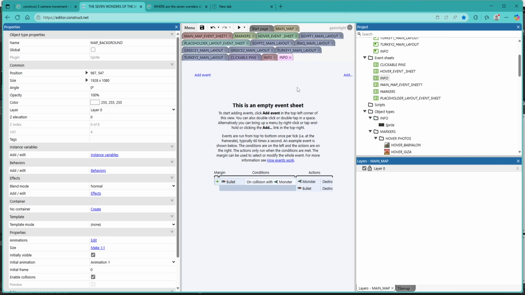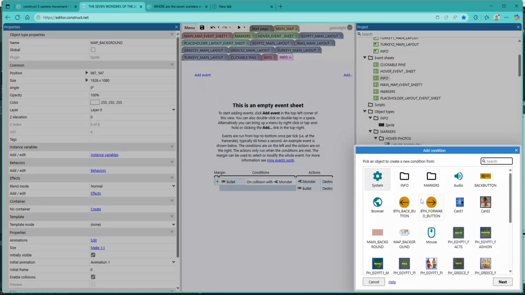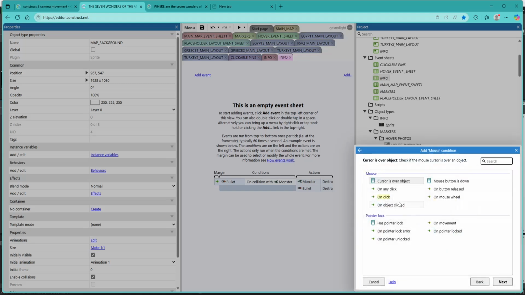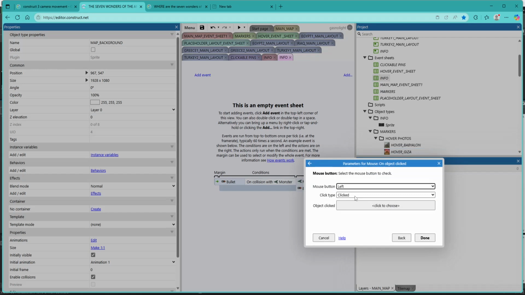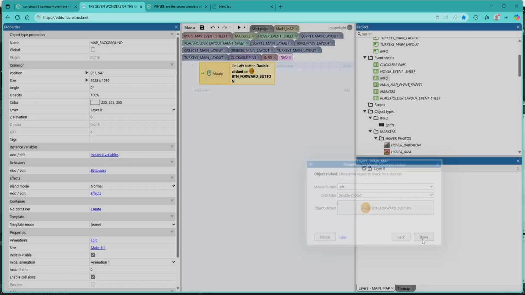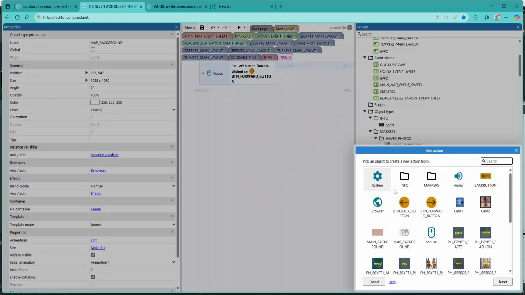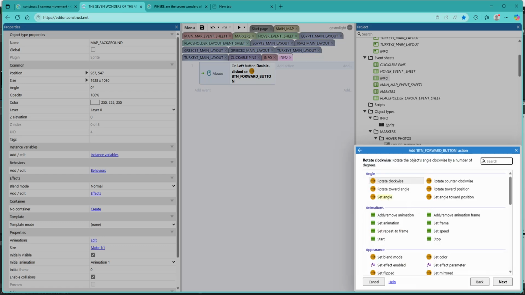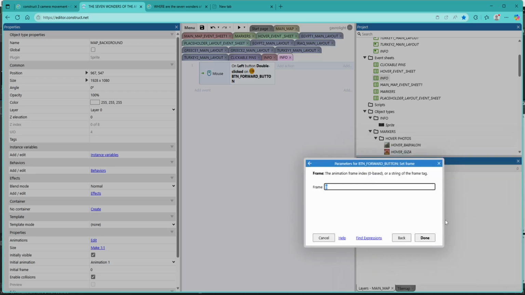Okay, so basically you're now in the event sheet, the empty event sheet that I named info, and I go to add event, mouse, on object clicked, double clicked, forward button, add action, forward button again, set frame to 1,